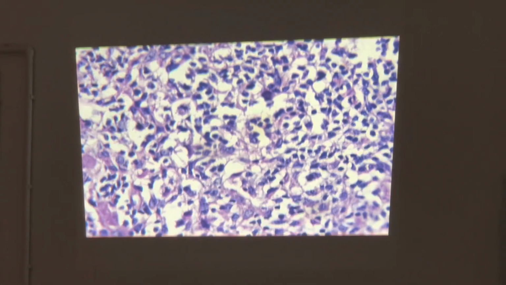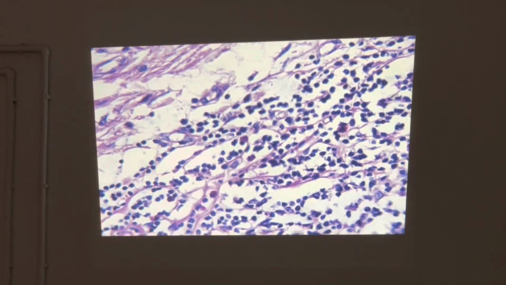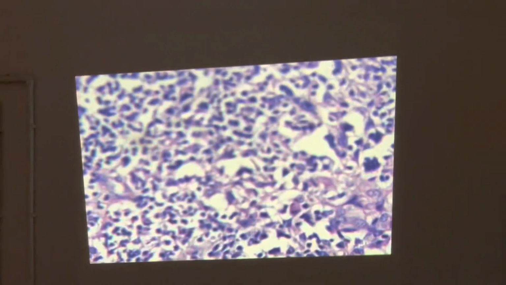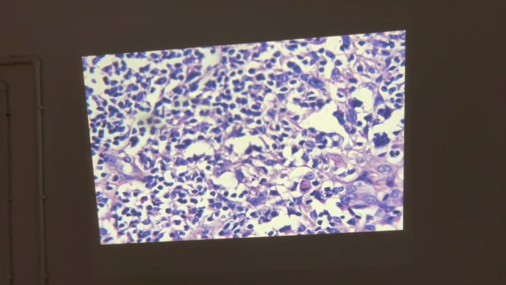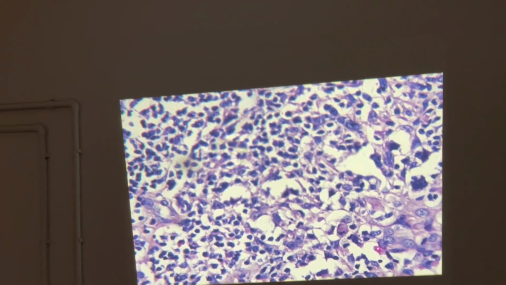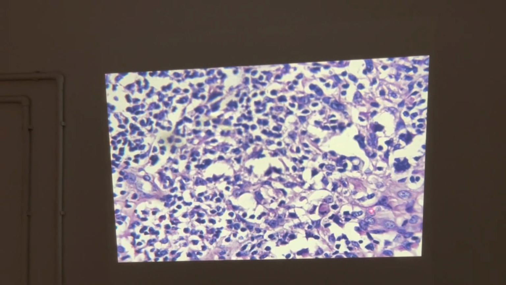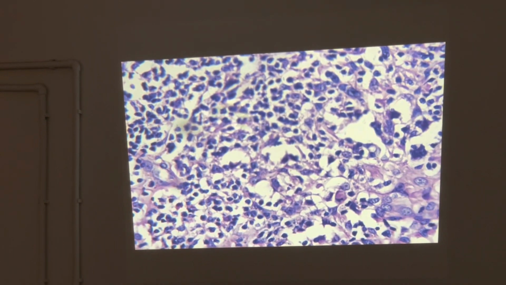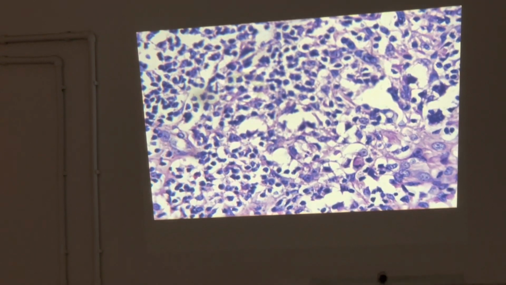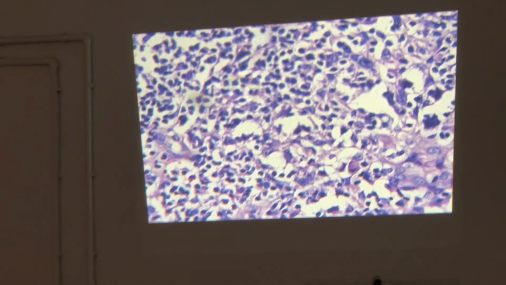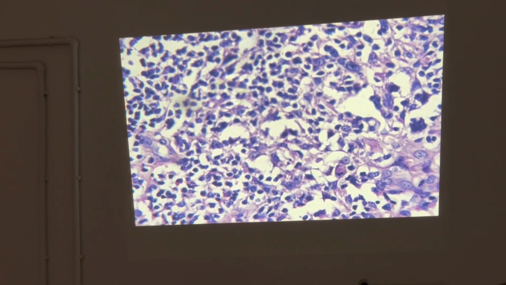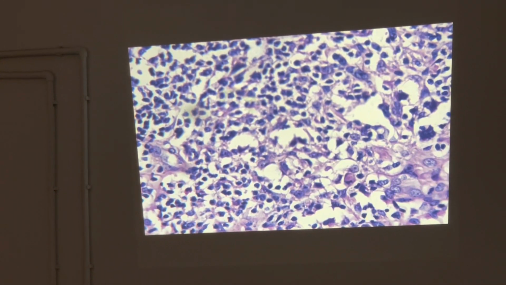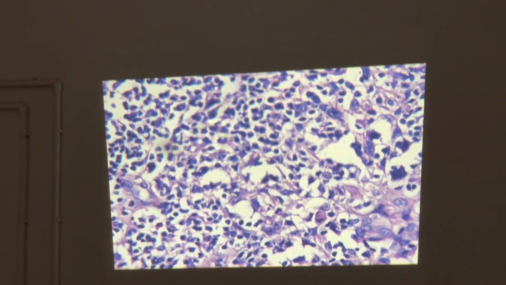Reed-Sternberg. All of this section is what? Is it proliferated? Yes. Take a look at this one also. Here also, we have owl eye. Okay? So the one cell in which the nuclei are close to each other. Okay. This is what? It is a classical Hodgkin lymphoma. Classic or classical, as you want. Hodgkin lymphoma. Okay. Do you have any